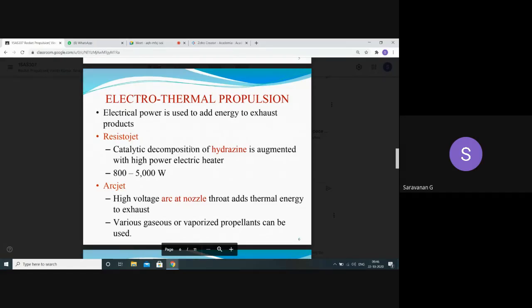So you have to compare how they differ. Both are electrothermal, and both use propellant flow. The only difference is that in the first method, the resistojet, we use a resistance coil or resistor wall meant for heating the propellant as current is passed through the system. In the second method, when current is passed through the system, an arc forms at the nozzle throat. When the propellant passes through the nozzle throat, that arc heats the propellant, expelling it to the outlet so that we can generate thrust. That's a simple way of comparing the generation of thrust.